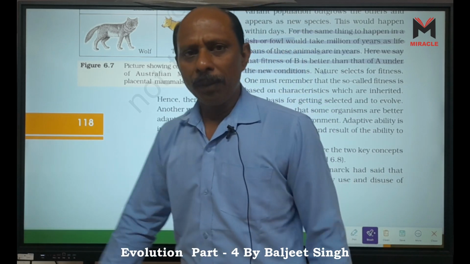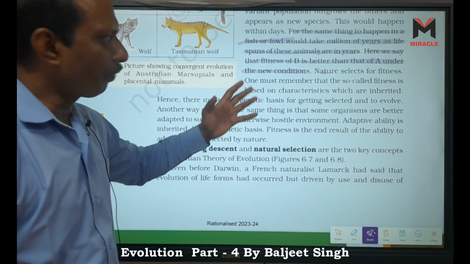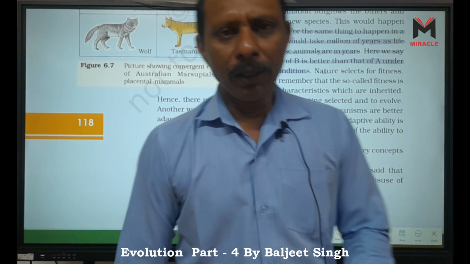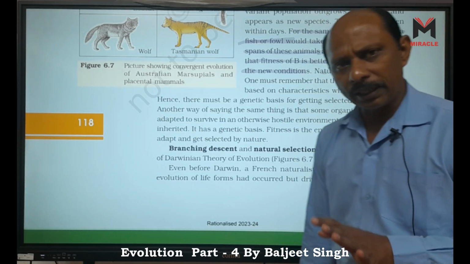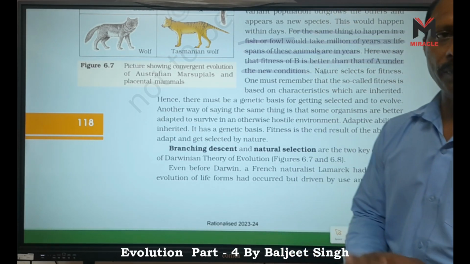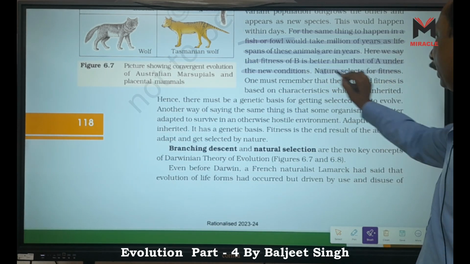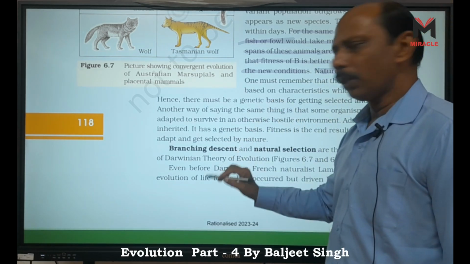Who is the fittest? Because Darwin said survival of the fittest. So here, who is the fittest one? That is B. B is the fittest because it can survive in the new medium. A is not fit, or A is not selected. A is rejected by nature because it cannot survive in the new medium. Right? Nature selected for fitness. That is called survival of the fittest or natural selection.